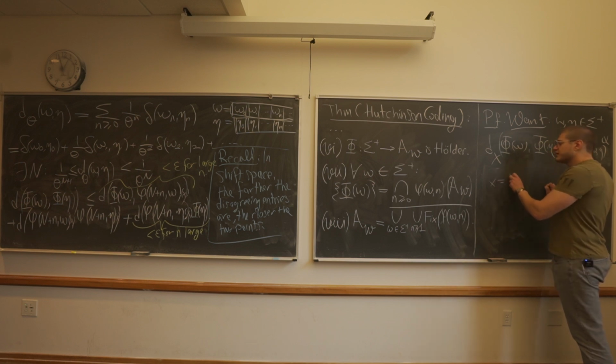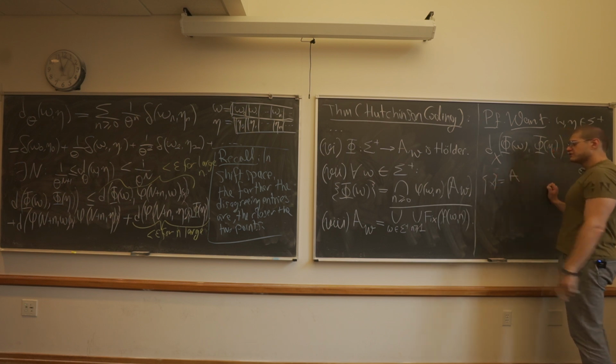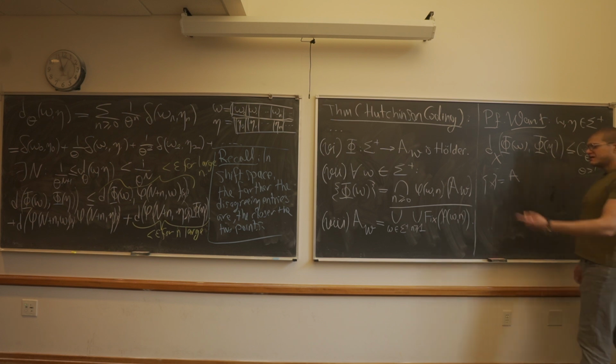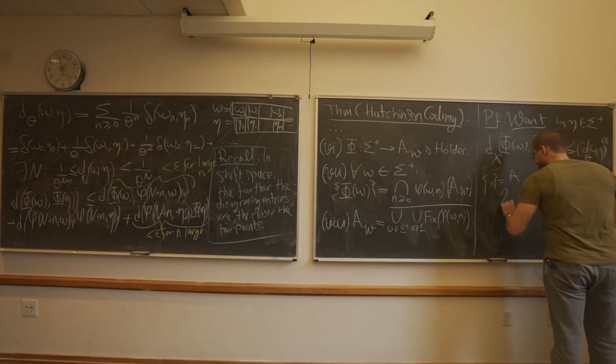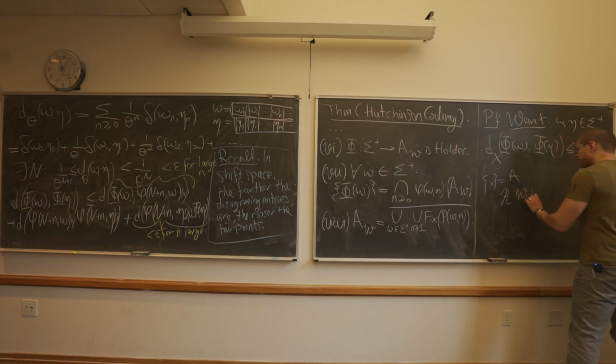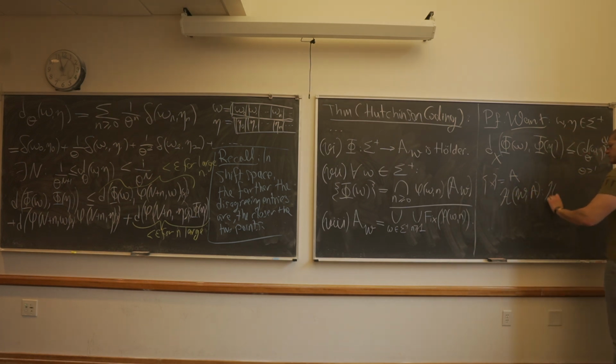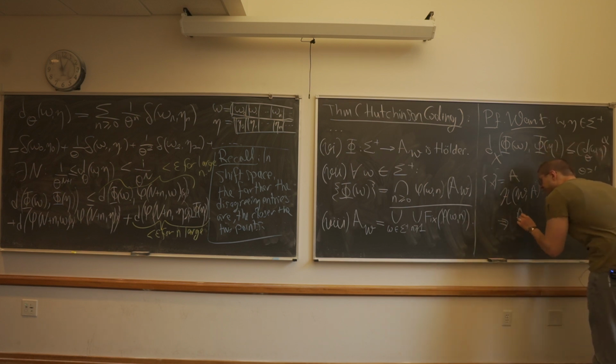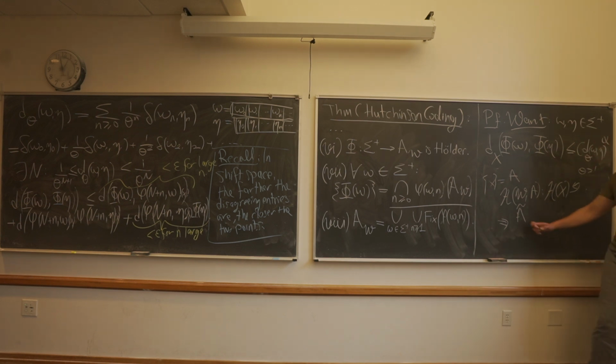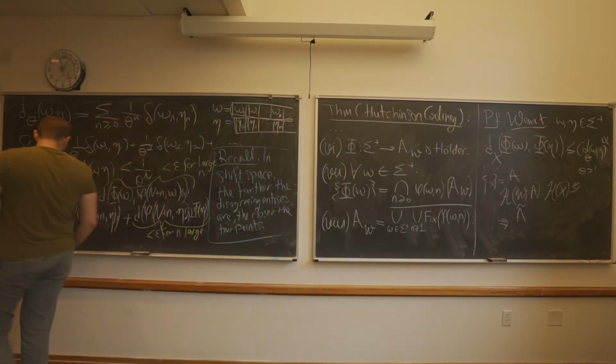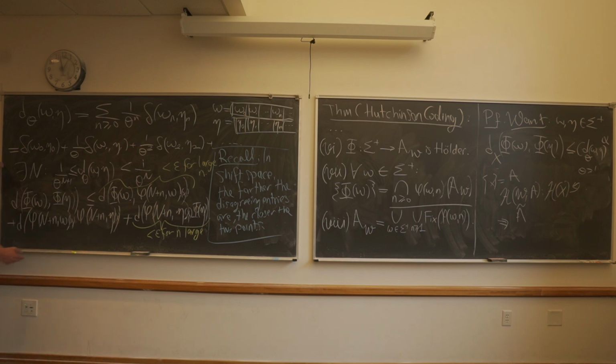Well, let me choose as my A the singleton, that is x, okay? Then applying this Hutchinson operator with condensation, which is a contraction, I have a unique fixed point, which is this A tilde. Okay, and on Tuesday too, one of the important ideas was that this term is going to be always a point in A tilde, and so is this. That is to say, this is bounded by diameter.